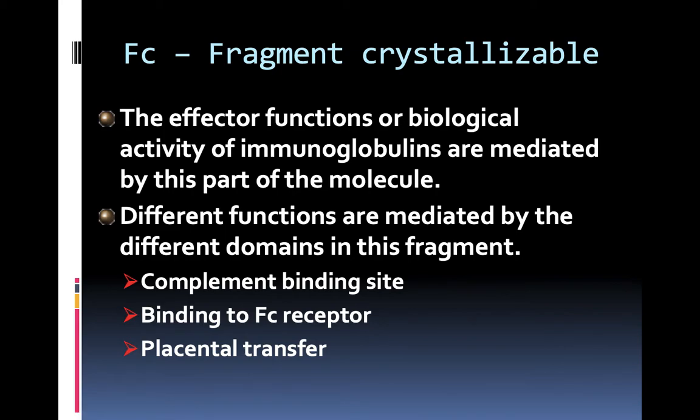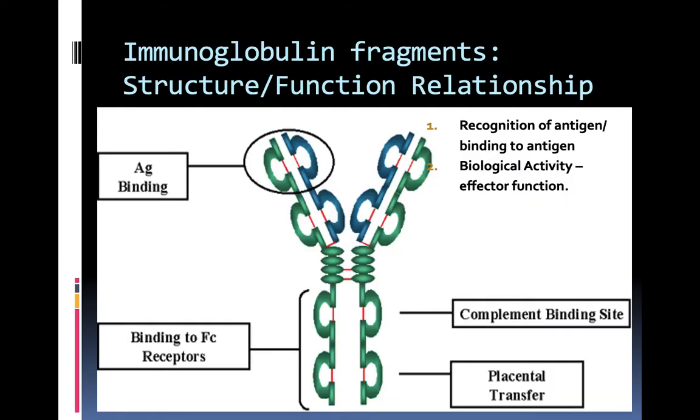Okay, let's take a look. Let's have an illustration. So going back to the fragment crystallizable region, there are some dedicated domains for different functions: for complement protein binding, and for binding to Fc receptors that are found across different types of immune cells. The Fc receptors can be found on certain cells such as lymphocytes, our B lymphocytes,